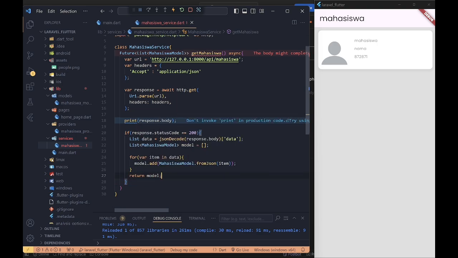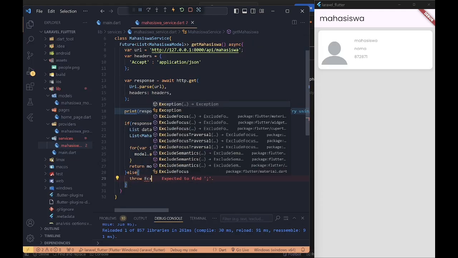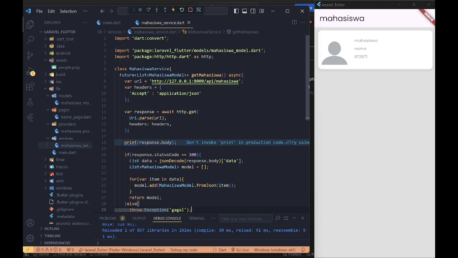And we return the model, and else throw Exception 'gagal'. And this is for the mahasiswa service.